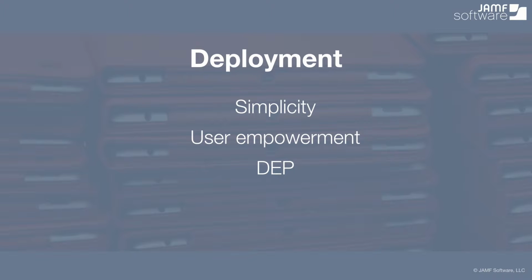Yeah. Thanks, Jason. I've done a number of workshops with customers on how to do imaging, how to do deployment, and not too long ago, it was pretty common to do a one-size-fits-all deployment model. You get a new Mac, you get a new PC, you wipe the drive, you lay down the image, right? It was often the monolithic image. Now, especially with iPad and iPhone, but also with Mac and with more modern PC models, you can do a lot more in the deployment phase related to user choice or user empowerment, where instead of saying, I, as an IT admin, know what everyone needs, and so I'll give them just what they need,